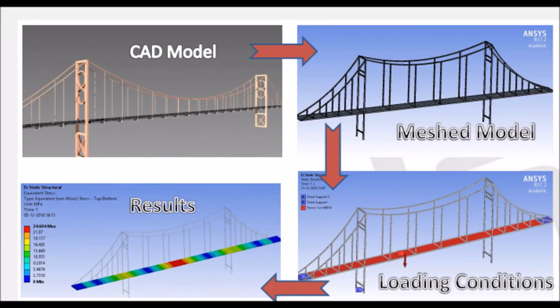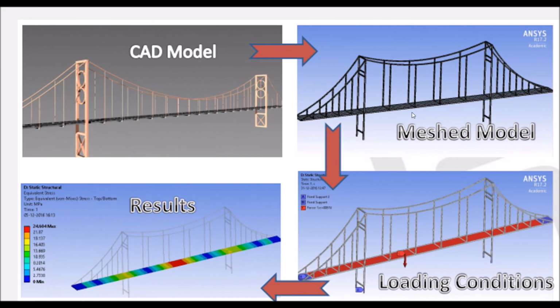Here I want to give the steps involved in FEA, that is ANSYS. First we are going to create the model. You can create the model in any software, that is CATIA, Creo, SolidWorks, or you can create the model in ANSYS also. So in the first step, you are going to design the model, and then import it into ANSYS, if you designed it in CATIA or SolidWorks.